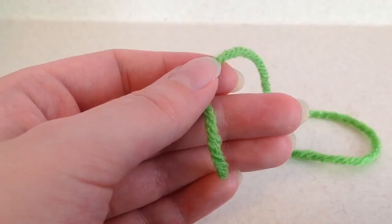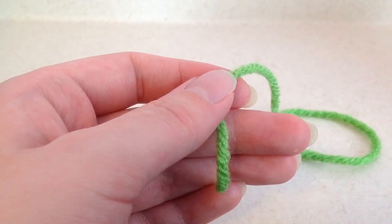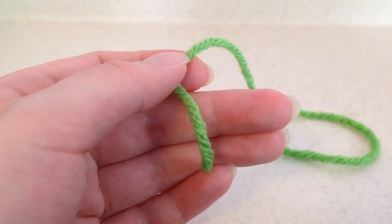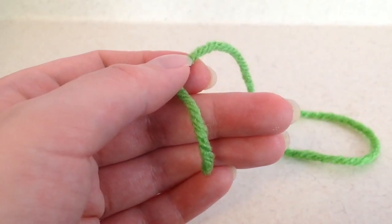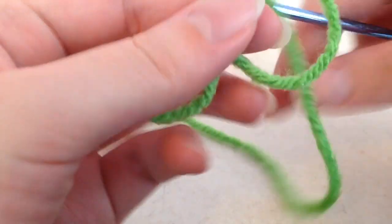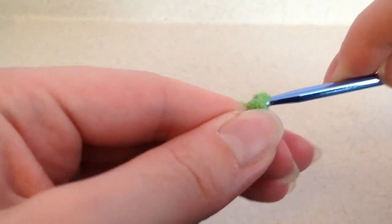aside. Okay, now I'm going back to this green yarn, and I'm going to make the inside of the basket, and this is going to be attached when we create the basket, which will make more sense when you watch part 2. Anyway, you take your green yarn, you're going to make a slip knot, and like when we made the eggs, we're going to chain 2,